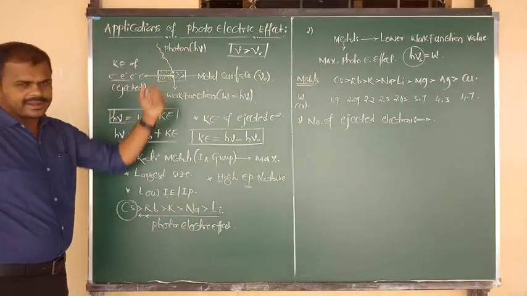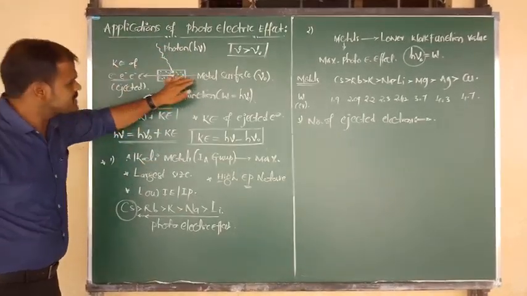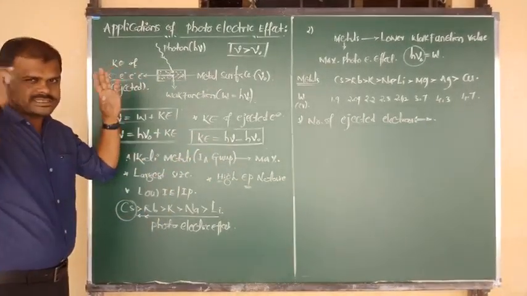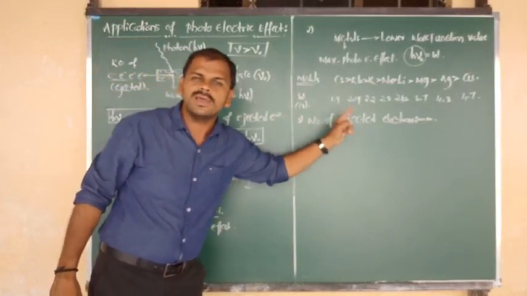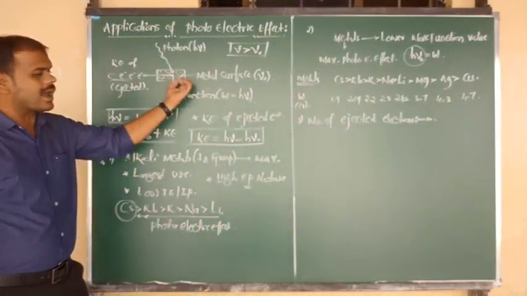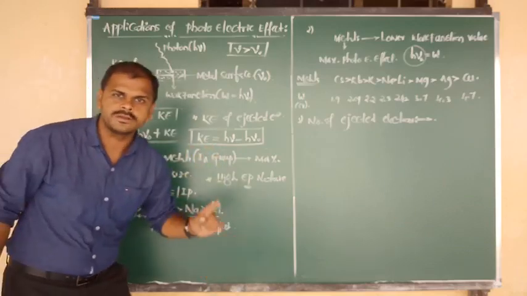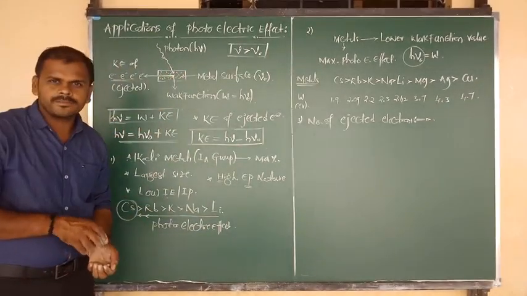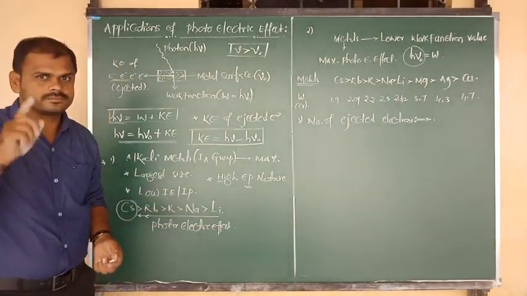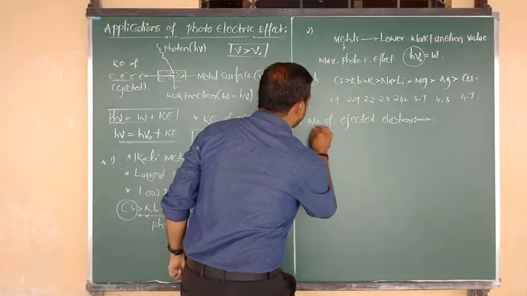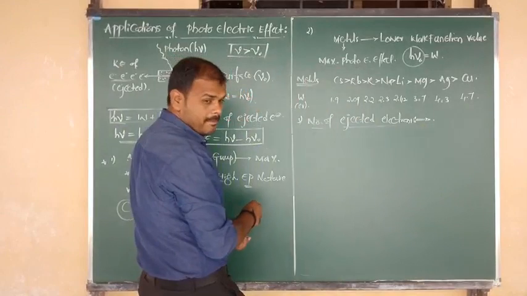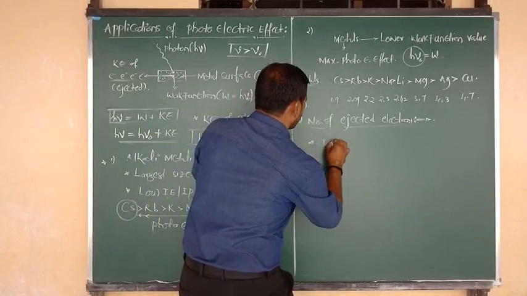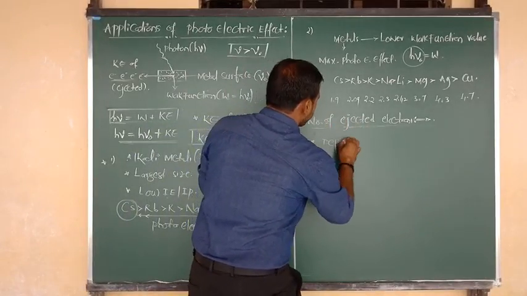In the photoelectric effect, by the fall of incident photons on the surface of a metal, how many electrons are released? I am not discussing kinetic energy, my focus is only on the number of ejected electrons, or we can say the number of released electrons. So the number of ejected electrons depends upon what? Focus. The number of ejected electrons depends upon